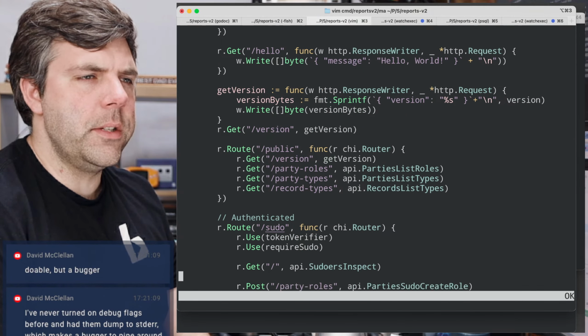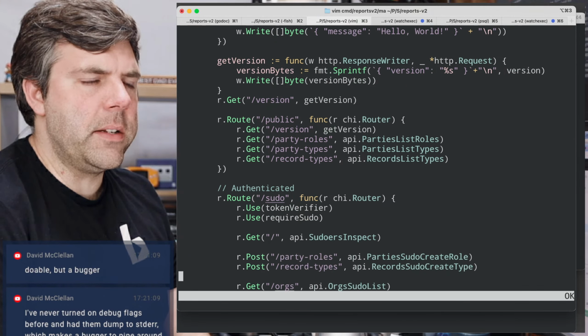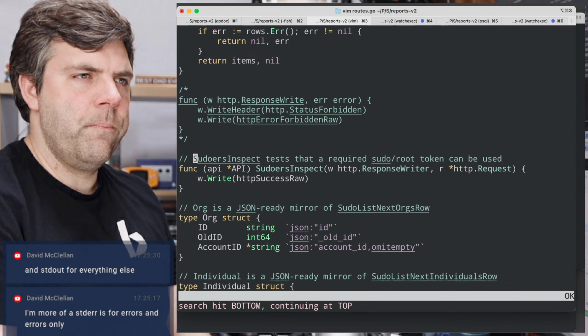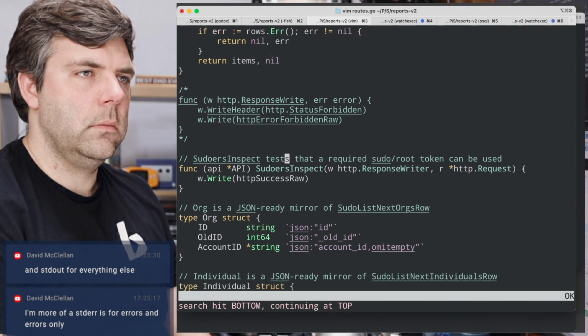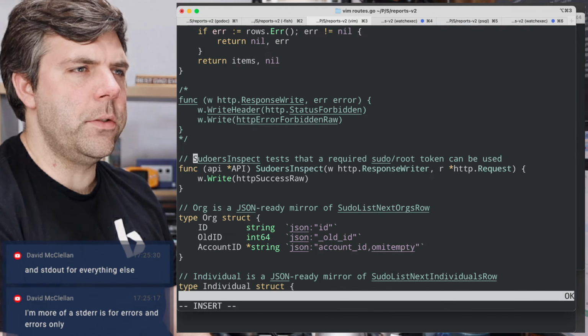All right, what does the sudoers inspect about? I think I'm just going to rename this to success.